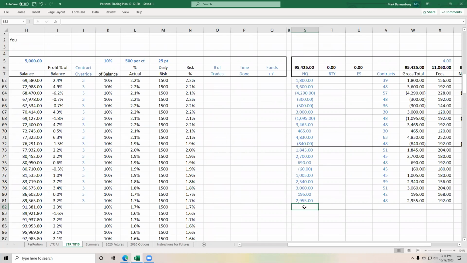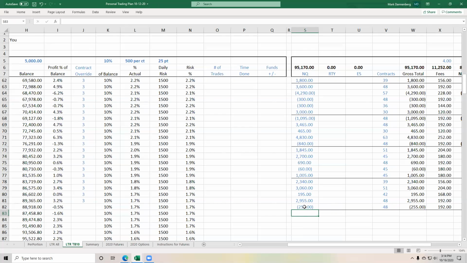Friday, 4.25 points of loss times $20 is $85 times 3 contracts. So we did minus $255 on Friday. And we actually did 16 trades. So 3 contracts per trade is 48 contracts. And then today, we did